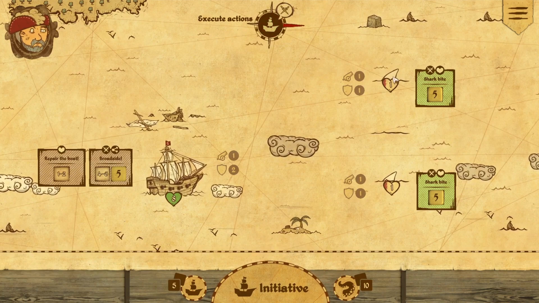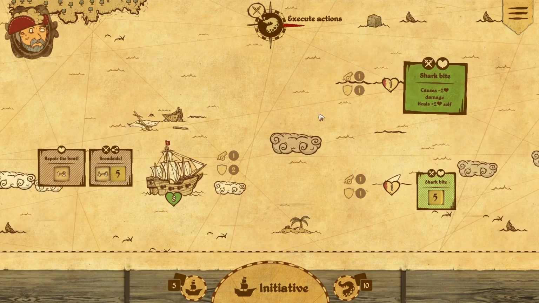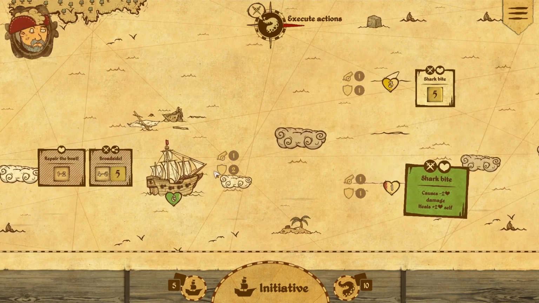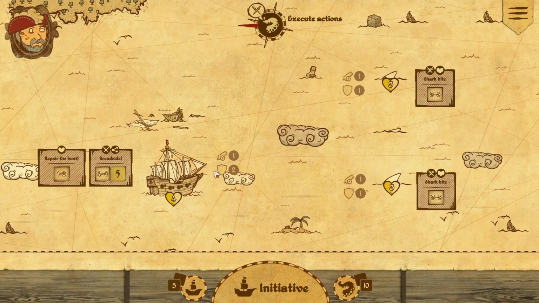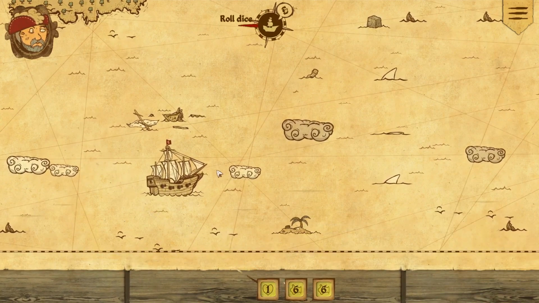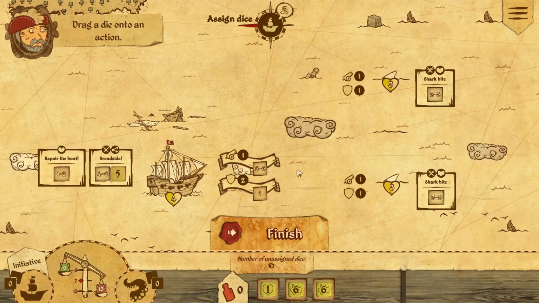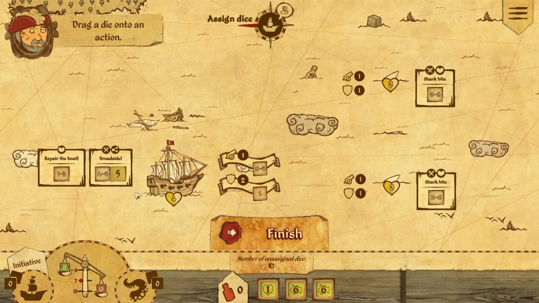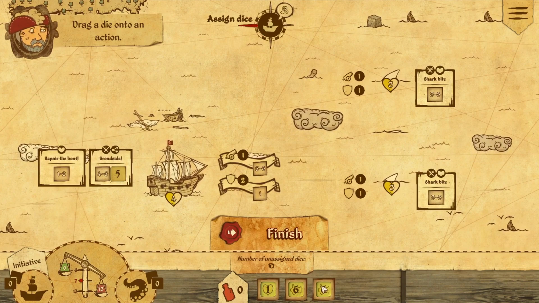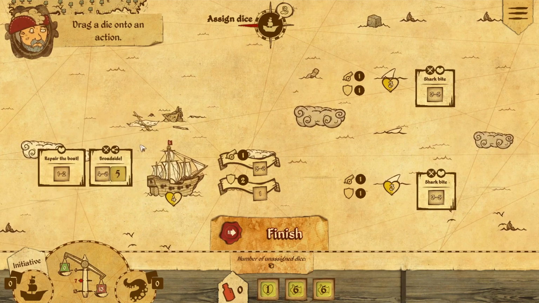But unfortunately I won't be able to do anything, so it's skipped that because I can't do any damage. Now it's doing my actions, so it's going to be 2 and 2. Ow, ow, frankly. But now in the next turn I should be able to do some serious damage. I get to choose the dice, and I'll lose the initiative, but who cares? I can broadside them, and that should...